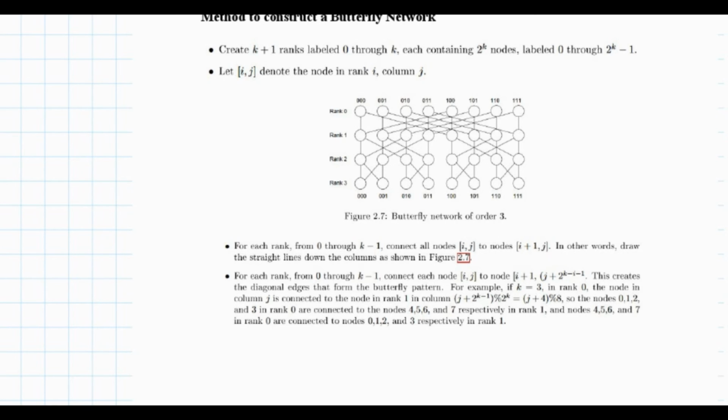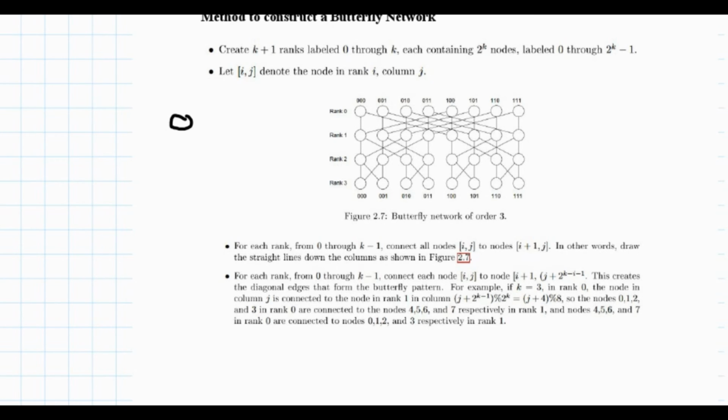So what this step of the algorithm actually says, let me try to define in terms of an example. For each rank, say for the time being your rank is 0 through k minus 1. So you have to iterate from 0 to 3 for each rank